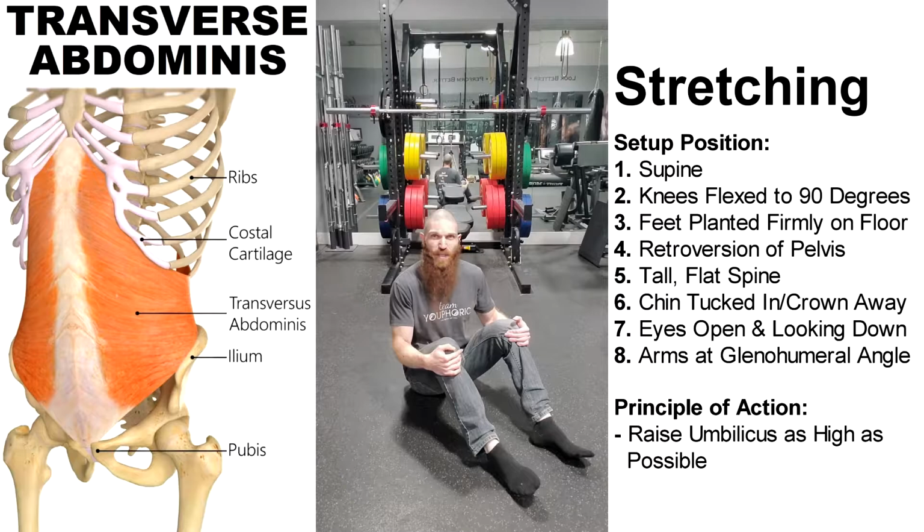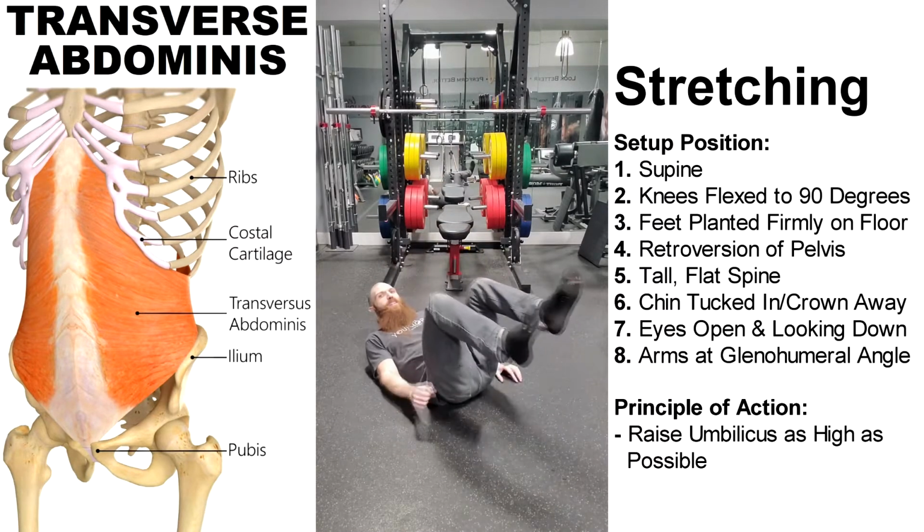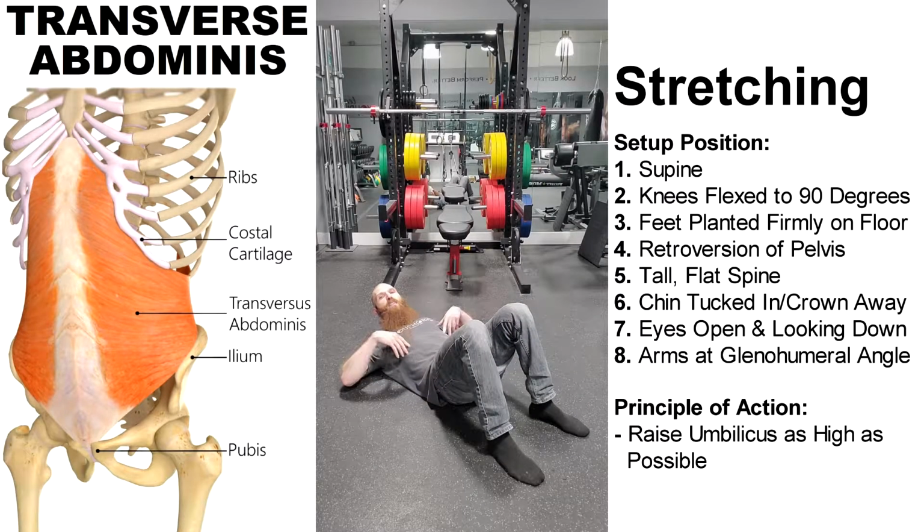For the transverse abdominis stretch, we're going to get into a supine position, meaning you're going to be laying down on your back. You want to flex your knees to 90 degrees, plant your feet firmly on the floor. We want to maintain retroversion of the pelvis, flat lumbar, flat thoracic, chin tucked in, crown of the head away, eyes looking down between our thighs to put the dermatomyofascial tension on. With the arms, place them at the glenohumeral angle,